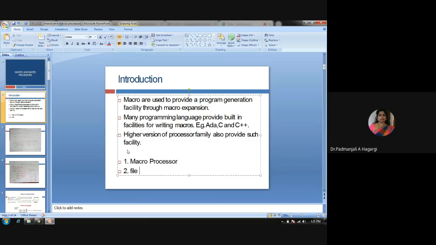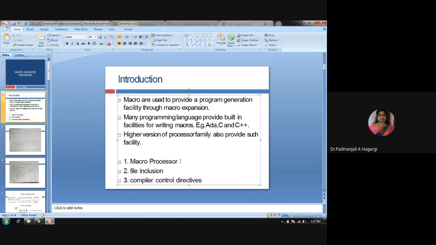I'm just giving you a brush-up of your old memories from your lower semesters. And the third one was the compiler control directives.